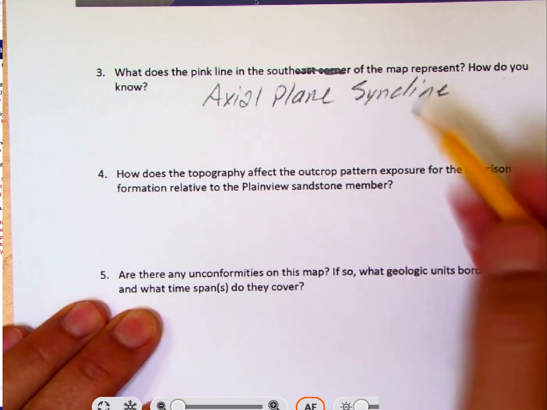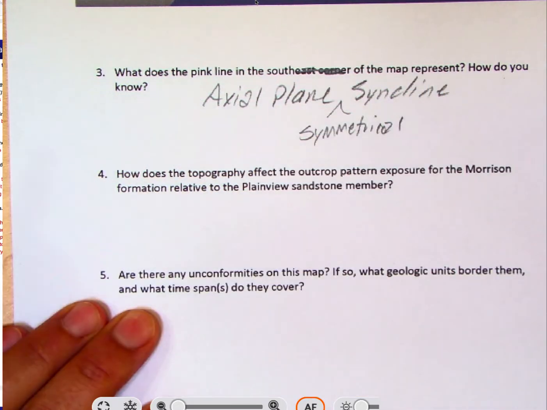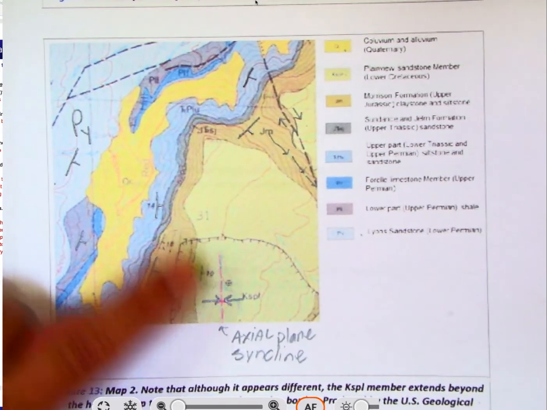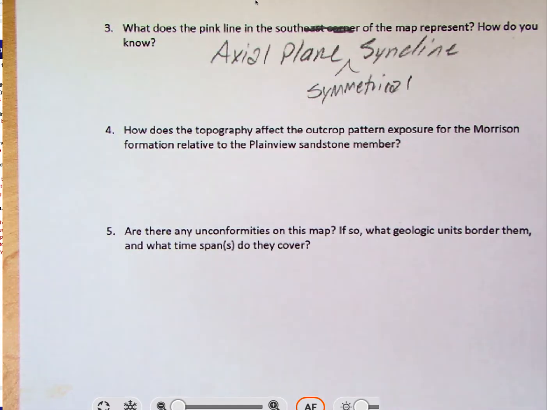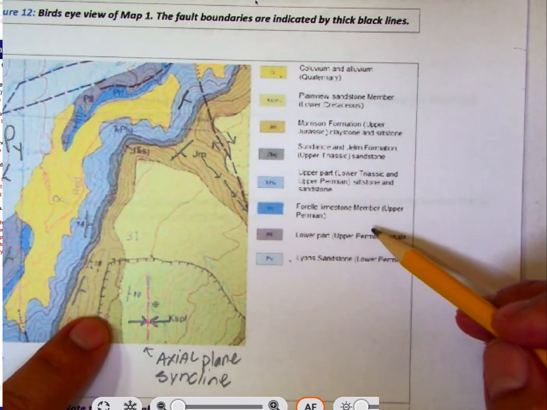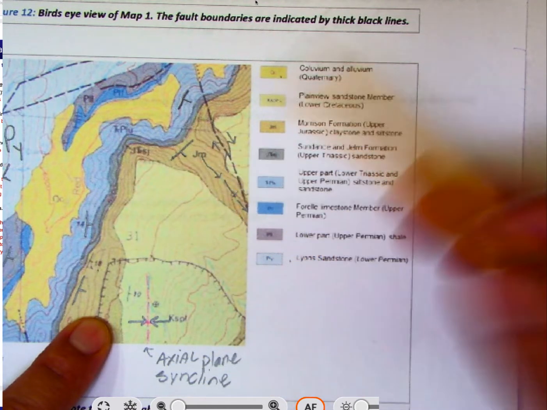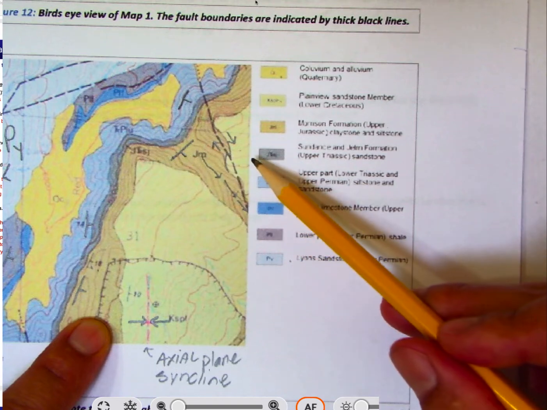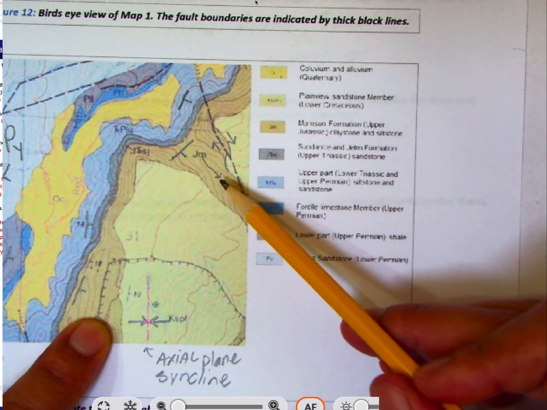So that's the axial plane. But based on what I saw there, it's probably symmetrical. In other words, there's no plunge on that. So I don't see any arrows, so there's no plunge on that syncline. All right, so the next question is, how does the topography affect the outcrop pattern exposed in the Morrison Formation? So that Morrison Formation would be this formation here, this one here that has this very long V. So remember I said that for geologic maps, the longer the V whenever they cross a stream, the shallower